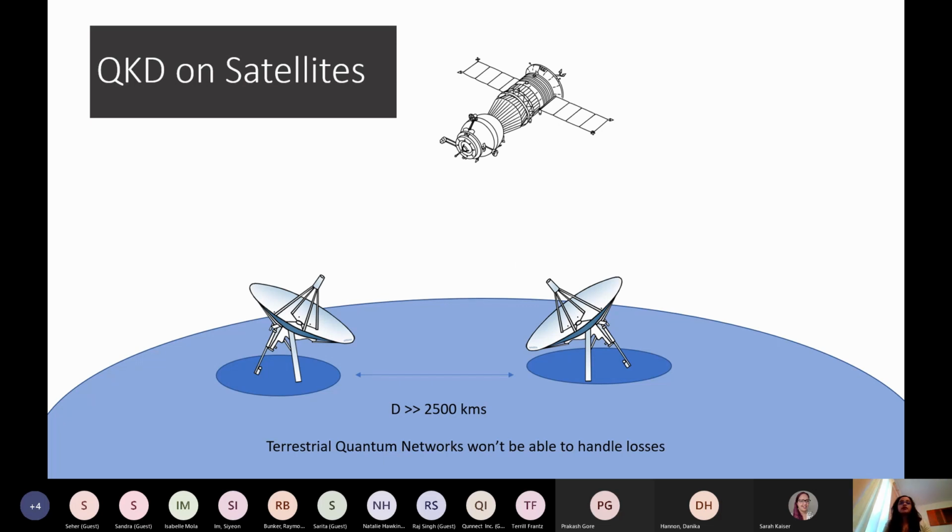There, we have already erected 2 ground stations on those 2 countries that want to have a secret communication between themselves. So these 2 countries come to an agreement and they have already sent up a satellite now, right? Now, what can happen is this satellite can first have a link with one of the ground stations. So when the satellite is flying over ground station A, it creates a link with ground station A. It sends down photons. So the satellite is now Alice.